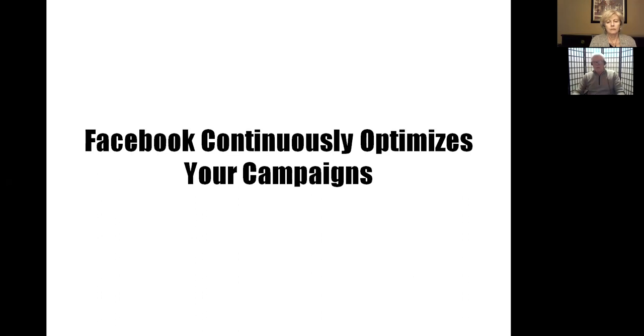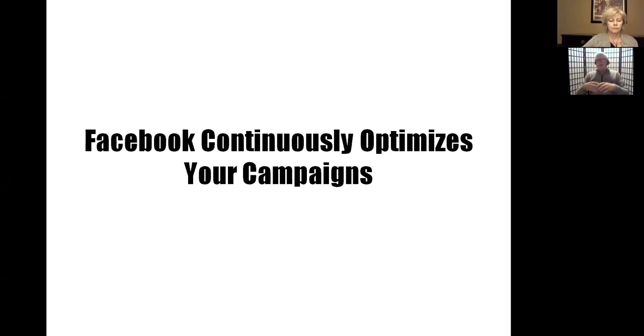So the more people that see your ad and the more people who click on that ad, remember Facebook monitors that. Let's say that I ran an ad and Sharon clicked on it and Steve clicked on it and Donna clicked on it. Facebook would say, oh, okay, so I want to show this ad to more people like Sharon, and I want to show this ad to more people like Steve. So what happens is Facebook narrows it down to what they call a look-alike